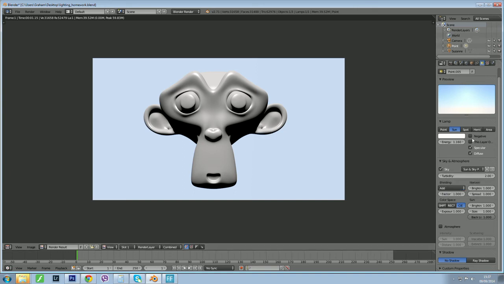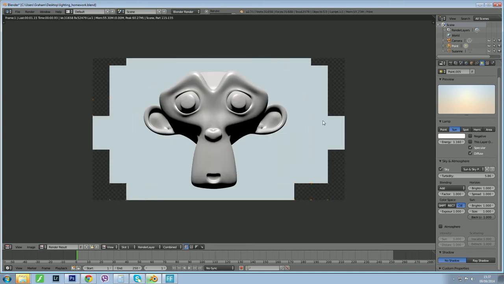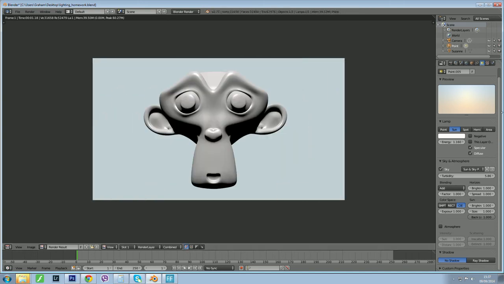Turbidity is like the haze on the sky, so if I was to turn it up a bit anyway, it's kind of hard to see there, but the sky does get a bit hazy. It's easier to see on this one, whereas if I reset this to 2. Okay, horizon brightness and spread of the horizon, you can see it causes a lot of different things, but like I say, sky and atmosphere really does not affect our texture baking. It's just the background on the render that we do,